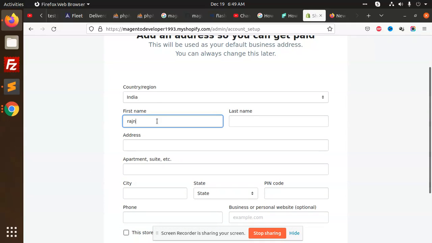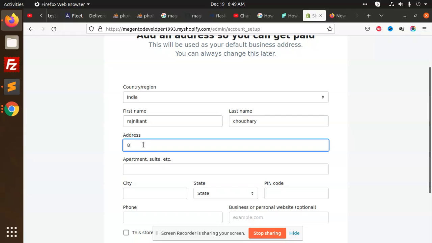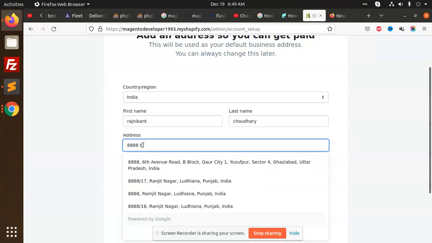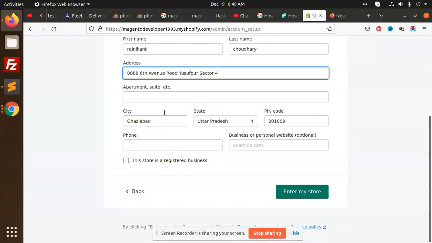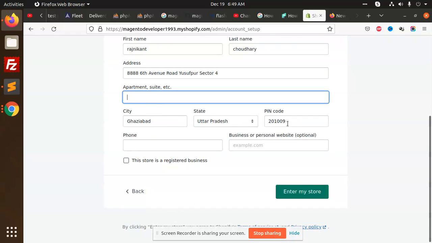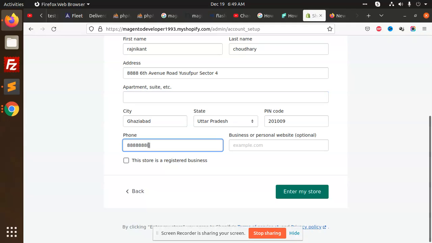First name. Go to the next step after filling in all the details like address, city, state, and pin code.